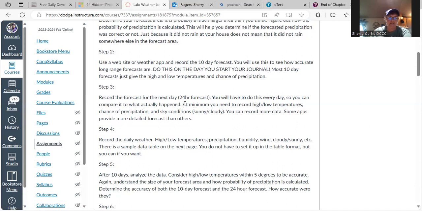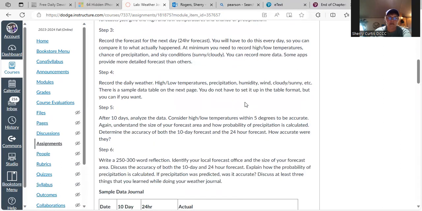For the next day, record your 24-hour forecast. It doesn't matter if you record it in the morning, afternoon, or evening, just try to be somewhat consistent because those forecasts do change. Then you're going to record the daily weather at minimum: high, low temperatures, precipitation, humidity, wind,